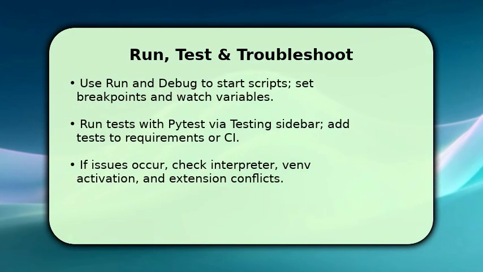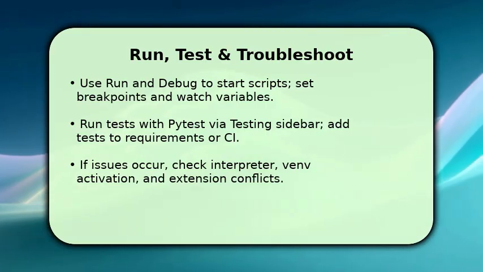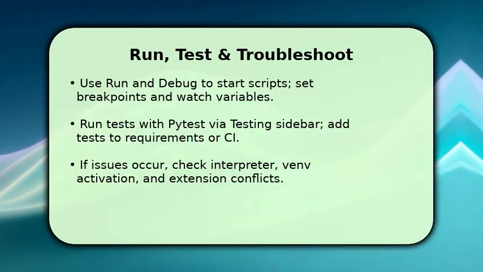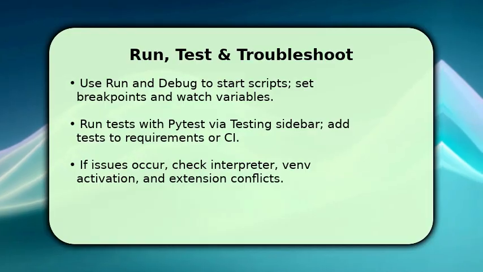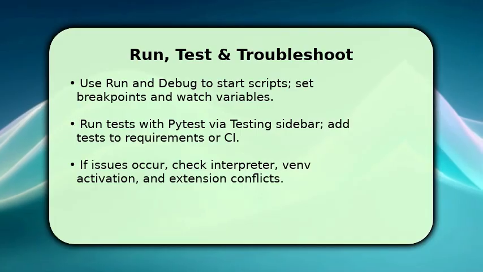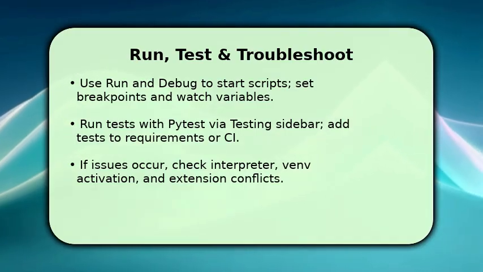To finish, run your app through Run and Debug, set breakpoints, and use the variables and call stack panels to inspect state. Once tests exist, enable the testing sidebar and run pytest. Make sure your tests use the same interpreter so imports resolve. Commit .venv to .gitignore and keep